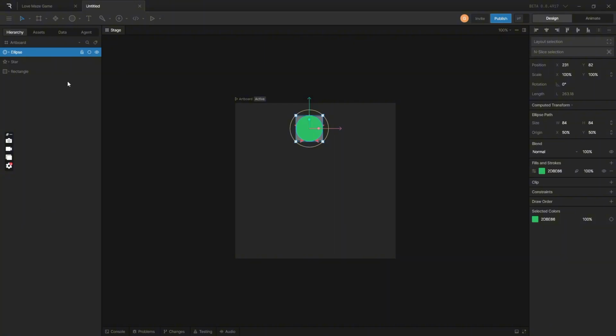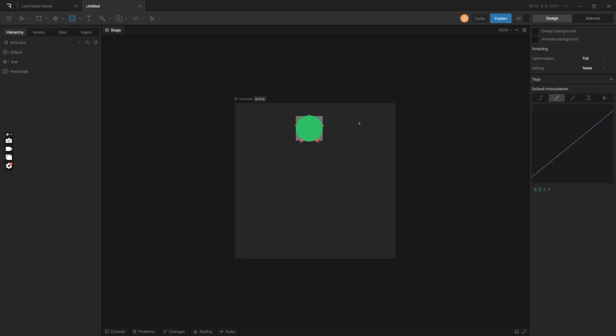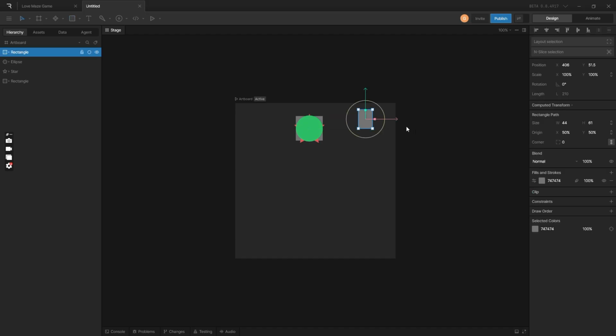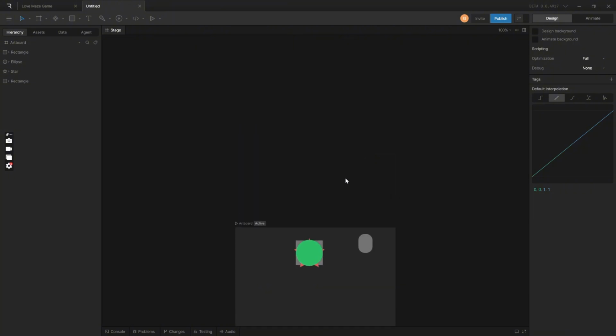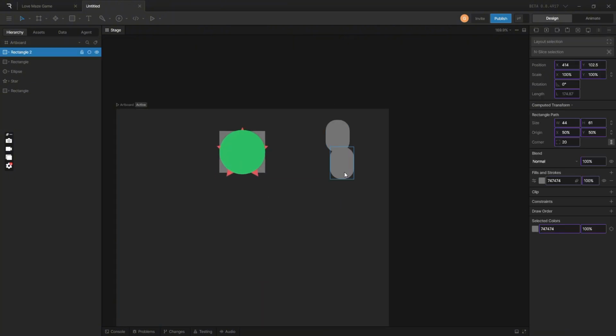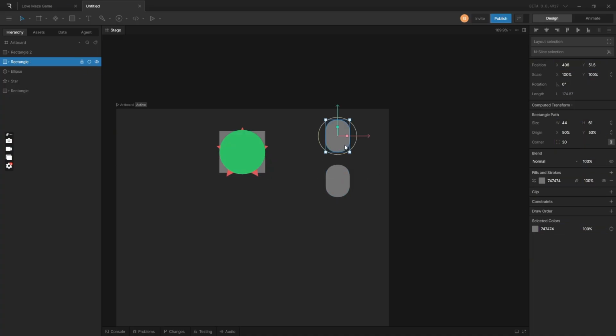First thing you do, just come over to the rectangle tool and draw your pad. I'm going to add a little bit of corners to this. Then I'm going to zoom in and zoom out, and duplicate this by pressing Alt and dragging. I can also duplicate this by pressing Ctrl D on my keyboard, and I'm going to try to rotate this by coming to the